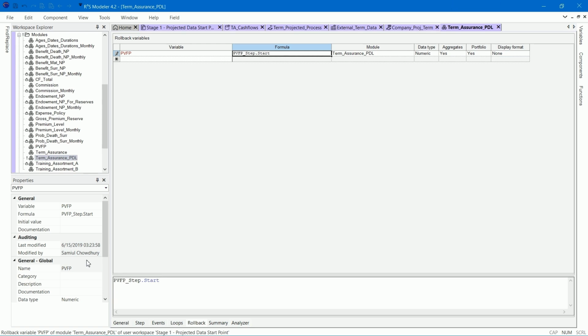This is because it is not currently possible to reference sublayers directly on the rollback tab. As a result, the PVFP cash flows must first be retrieved via the step tab and then passed through to the rollback tab. We have now completed the module. Click Save.